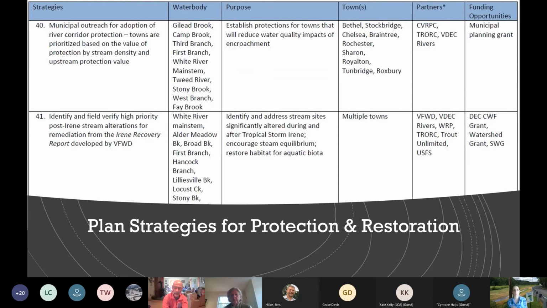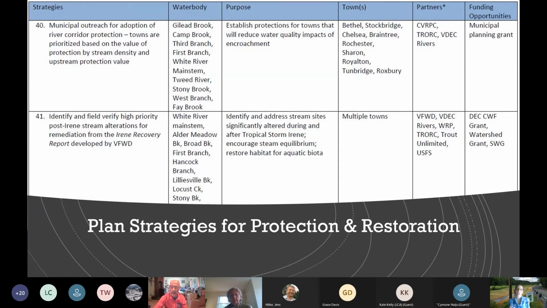So we're talking about new development. We have the towns that are the priorities, who the partners are that might be able to help us carry those out, and then those funding opportunities. So this action is really focused on protecting water bodies and issues in those areas. And then we check on this, and we also have statutory partners, those regional planning commissions, our conservation districts, and then our watershed groups who have a contract with the state to help us carry out those actions.